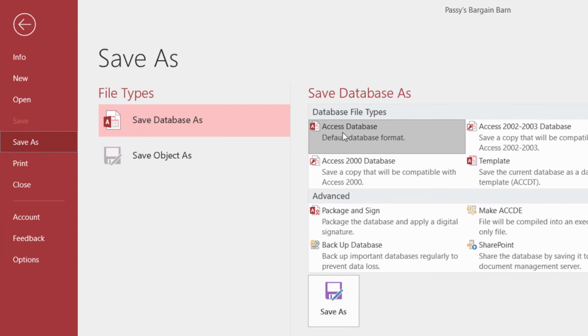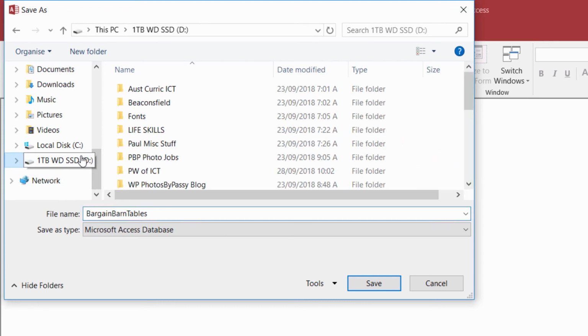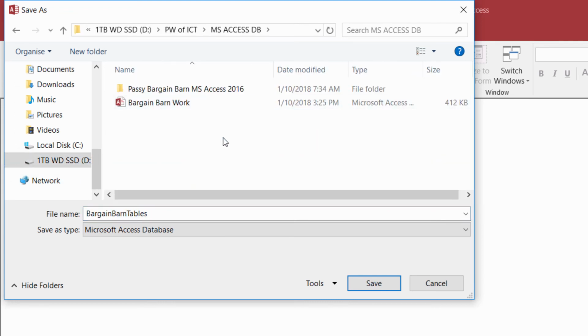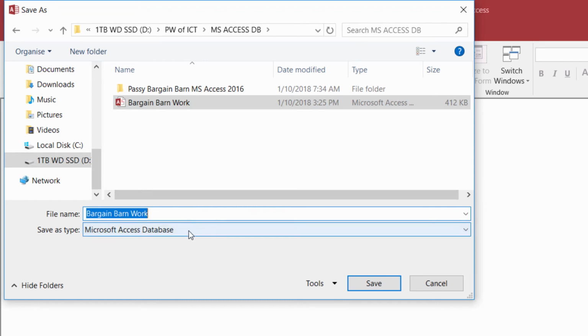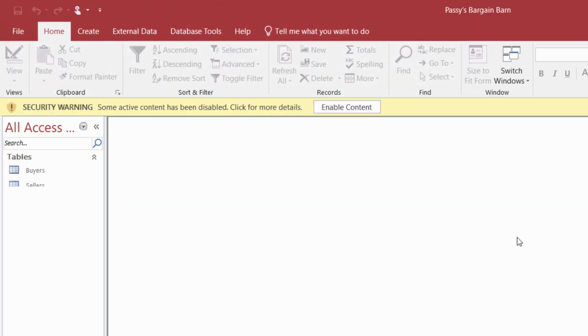Okay, on the Save As screen, we want to save an Access database. So make sure Access database here is selected, and you go Save As. Now, for Save As, we need to go to where we were saving this. Remember, we went to where we had our Access work, and it was the Bargain Barn work that we were saving it as. So in here, you set the name, Bargain Barn Work. It's a Microsoft Access database, and you hit save, and we want to replace ours in this case,